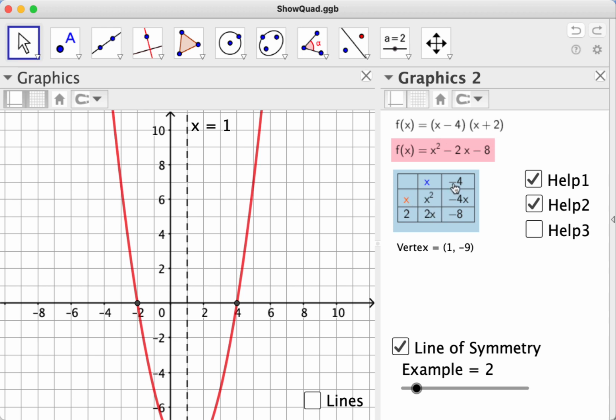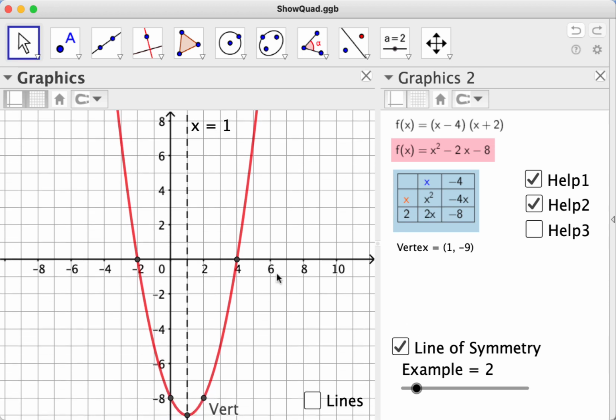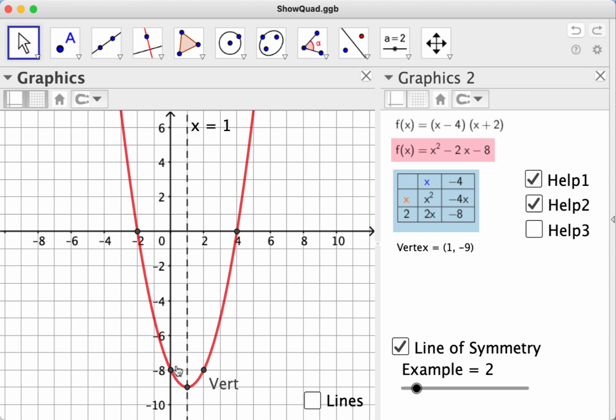When we multiply it out, we get x squared minus 2x minus 8. We have a y-intercept down here at negative 8. We have our vertex. The x value is halfway between positive 4 and negative 2, which means that it's at x equals 1. When we plug in 1 for x here, we're going to end up with a y value